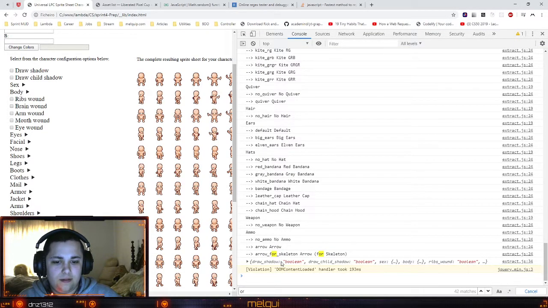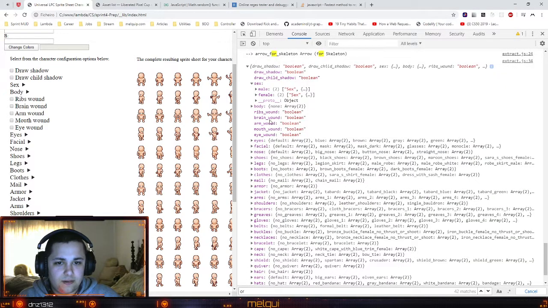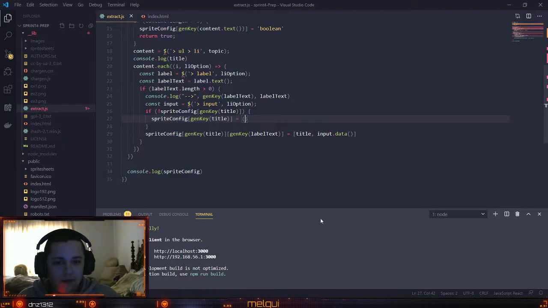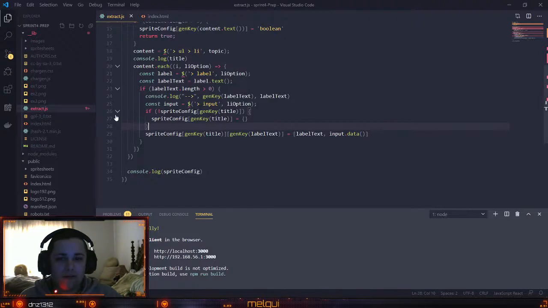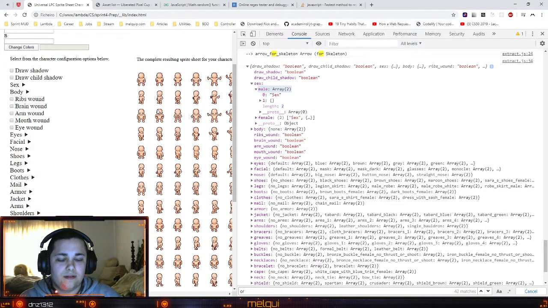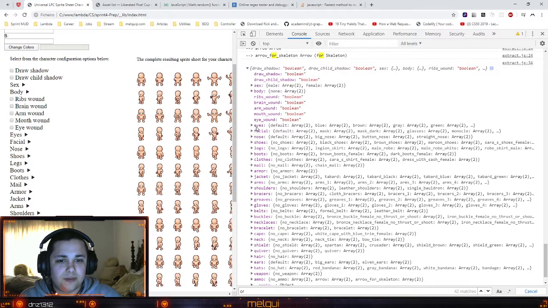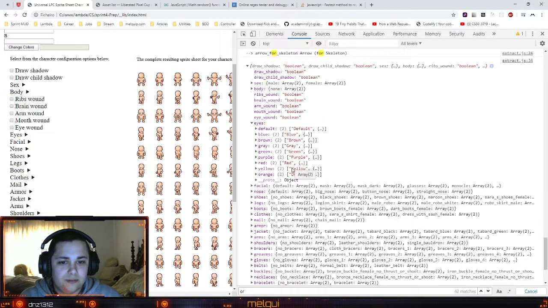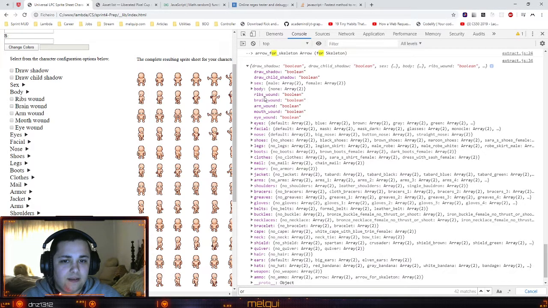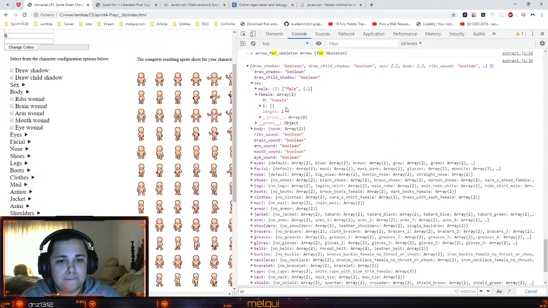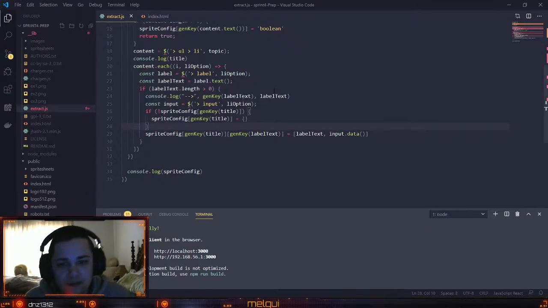Okay. What happens now? We have, yeah, I don't want the title, I want the label text here. Doesn't make much sense to have the text twice, but I want the original text, not the key converted one. So